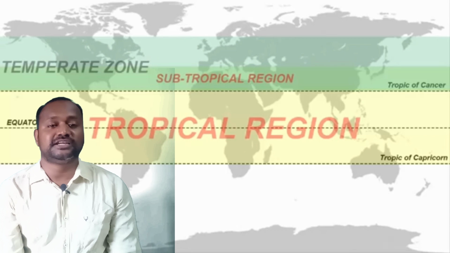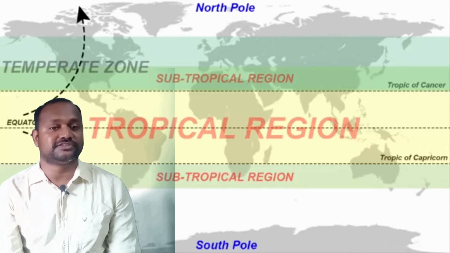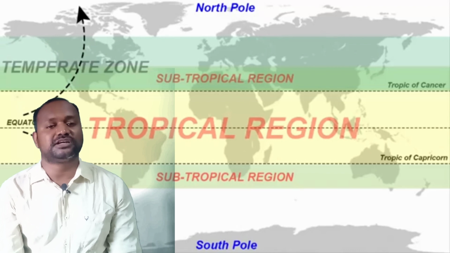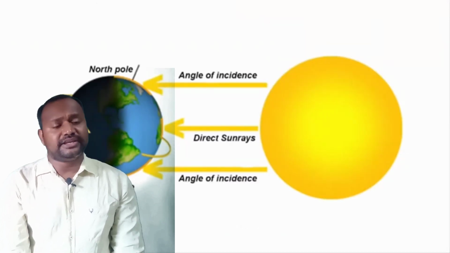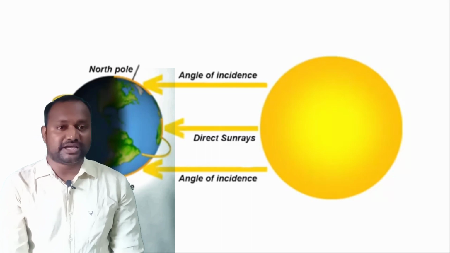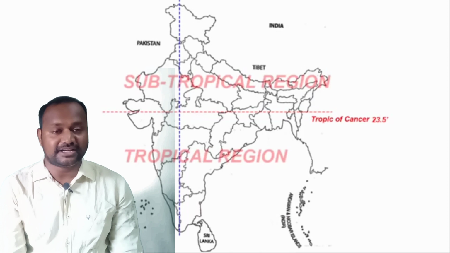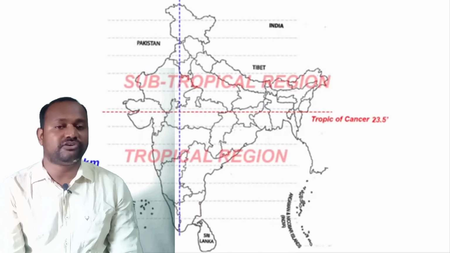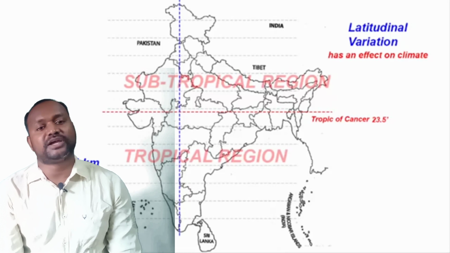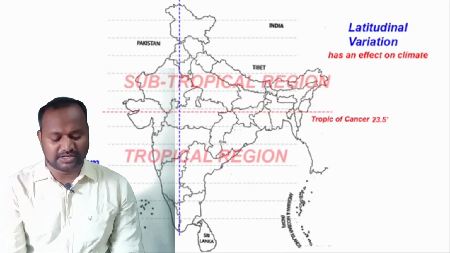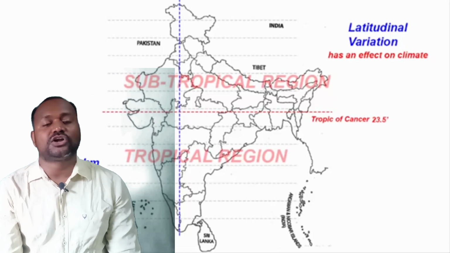Student, as we know, India is a diverse country in terms of natural vegetation. So let's discuss what natural vegetation is found in India. In India, we have tropical evergreen, tropical deciduous, dry deciduous, thorn forest, tidal and mangrove forest, and the montane forest. So let's discuss the different types of forest found in India.